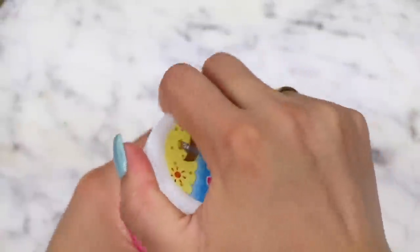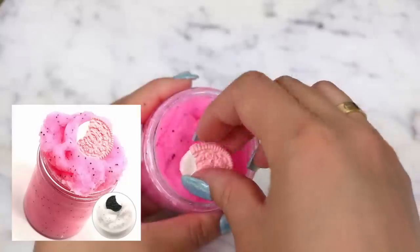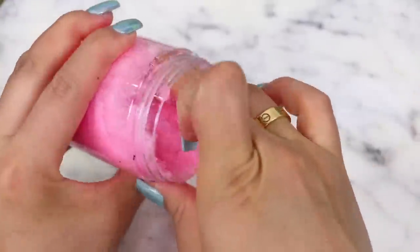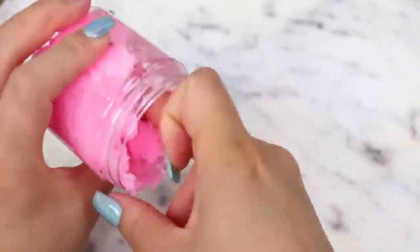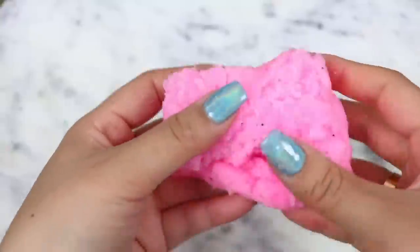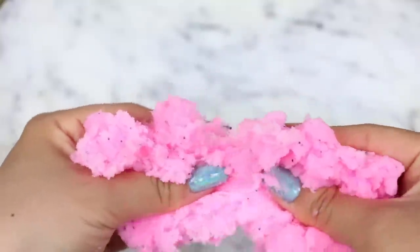Lastly, we have this pink Oreo theme slime. I would say that this looks pretty spot on with the listing. It also came with this cute pink Oreo charm that matches the slime. This was pretty hard to get out of the container, so that took me a while. And after struggling to get it out of the container, I felt the texture, and I can say that this